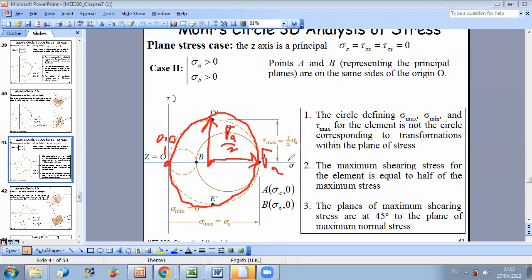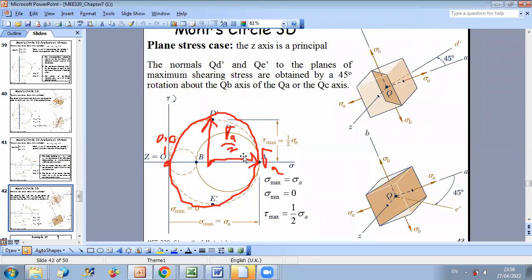Okay, so we can say then that the plane of maximum shearing stress is obtained by rotation of 45 degrees relative to the plane of maximum normal stress. So if we illustrate this in the following figure, you have that